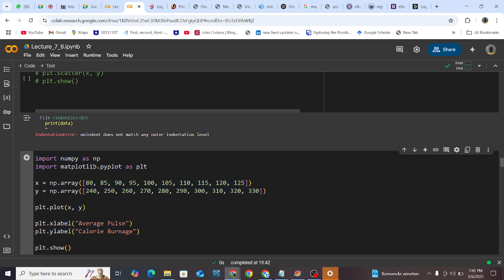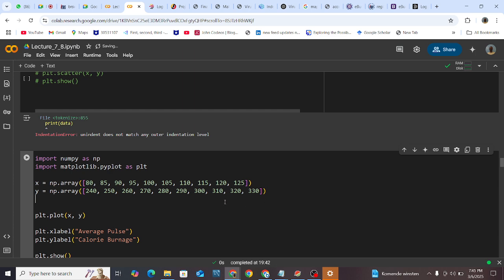You can start with import numpy as np, and then we import matplotlib.pyplot as plt. Then we create some ndarrays here for x points and y points. I'm just labeling them as x and y. So you can see we have a number of points in the x axis, and a number of y points